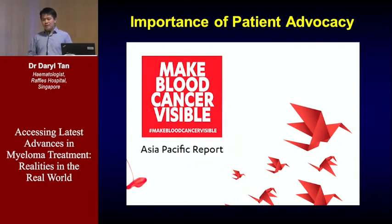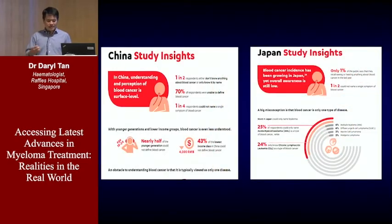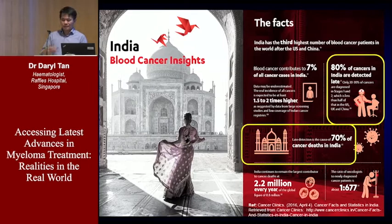And whether you're in Japan or China, there are a lot of misconceptions about what blood cancer is. In developing countries, as a result of this misconception or unawareness of what blood cancers are, this led to very late diagnosis for many patients with multiple myeloma, with detrimental outcomes. So it is very important for the public to know what blood cancer is, what multiple myeloma is,